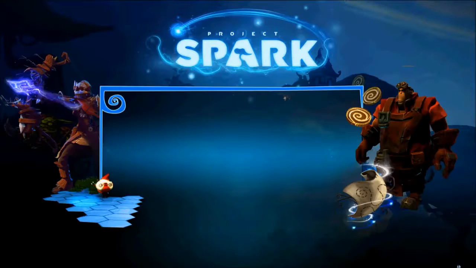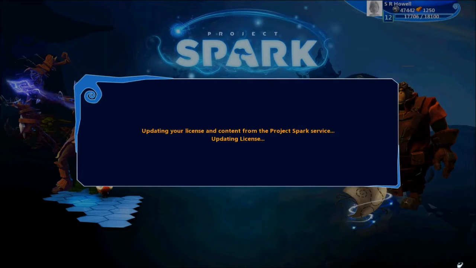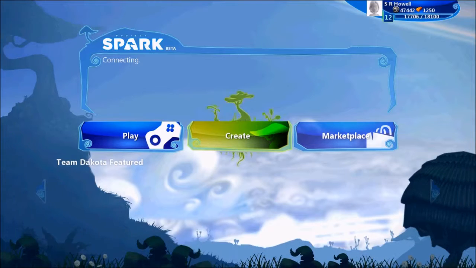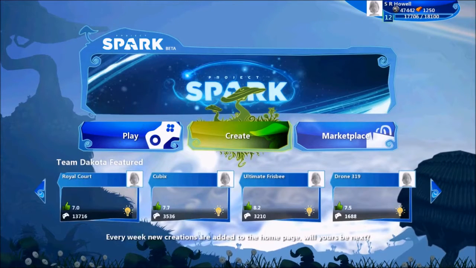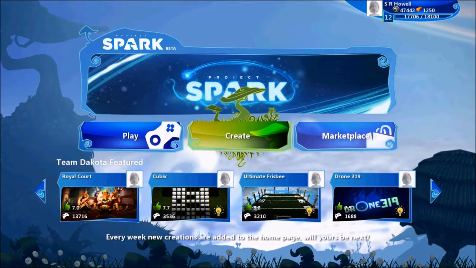So the very first thing you'll see happen is, if you've purchased content, it will update your license and content from the ProjectSpark service. That means it connects to the internet and downloads any updates to the content you've purchased. Now, you may have no content purchased, and it'll just update what comes with ProjectSpark as standard. You can see there were no updates, so it updated very fast,